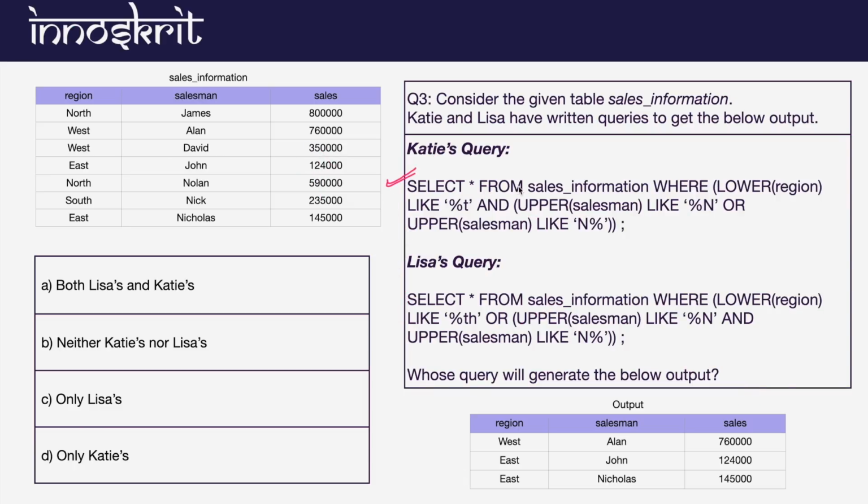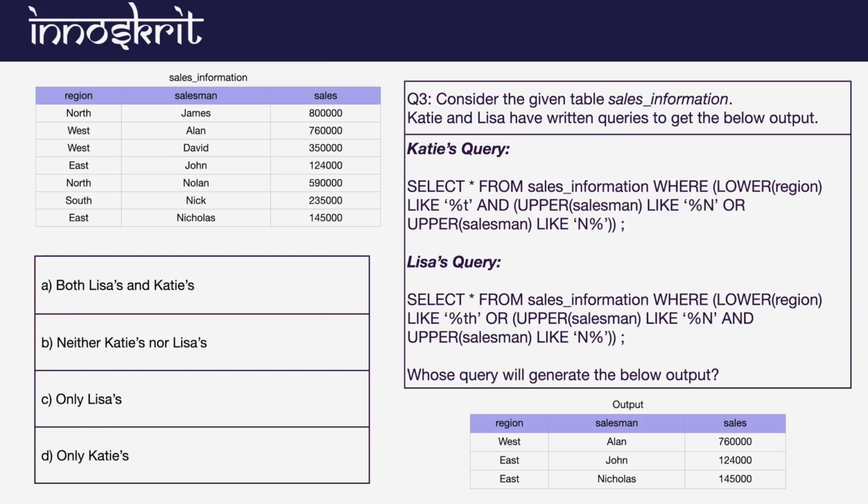Now we are not going to look at the select statement first. We will first look at the from statement, so we select the data from this table. Second, we will execute the where clause. If you look closely, this is one complete condition and this is another condition. If the whole condition results true, only then will we consider that part.